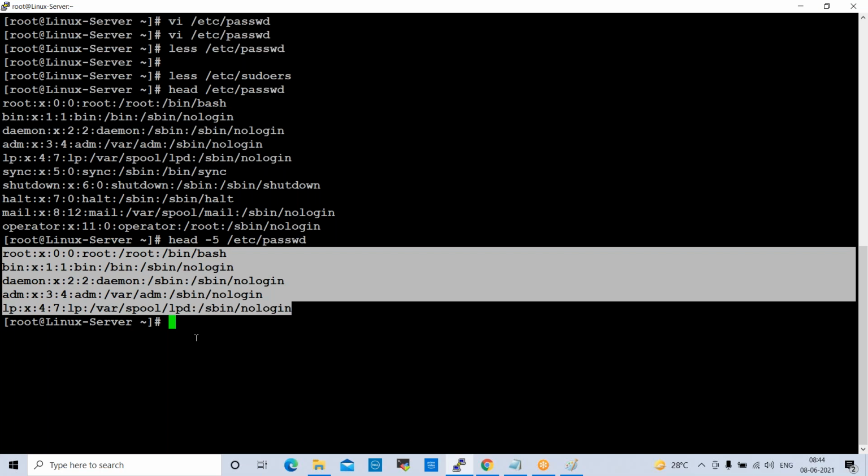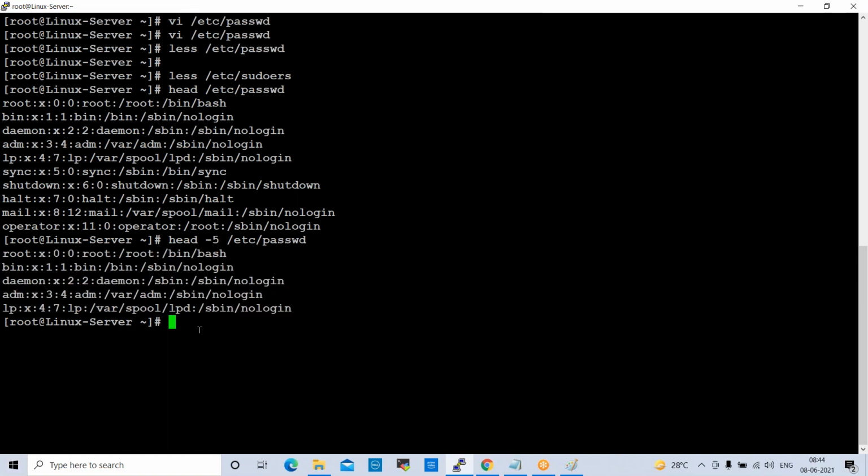We have one more command, which is the tail command. What will tail do? Tail /etc/passwd. The tail command will display the last 10 lines of the file.